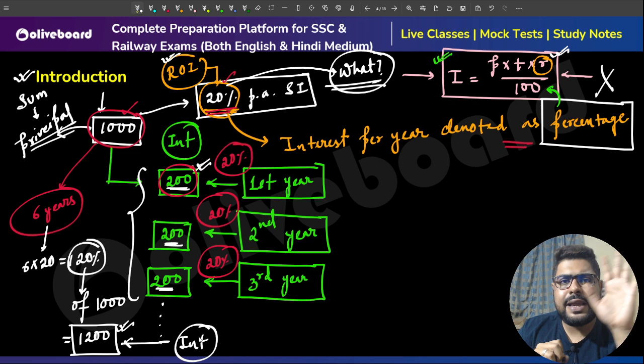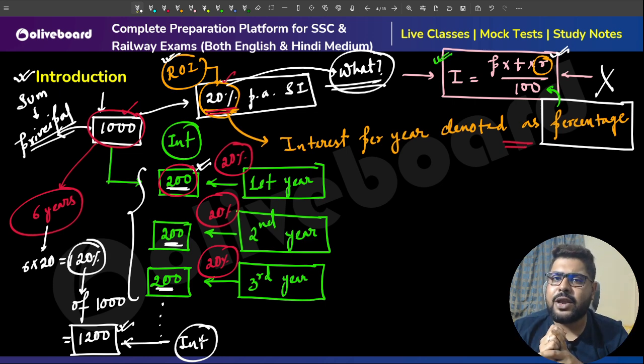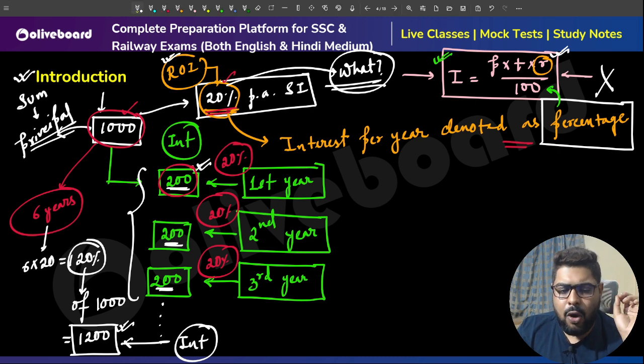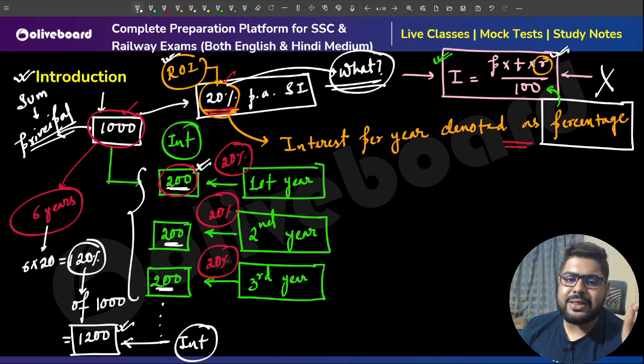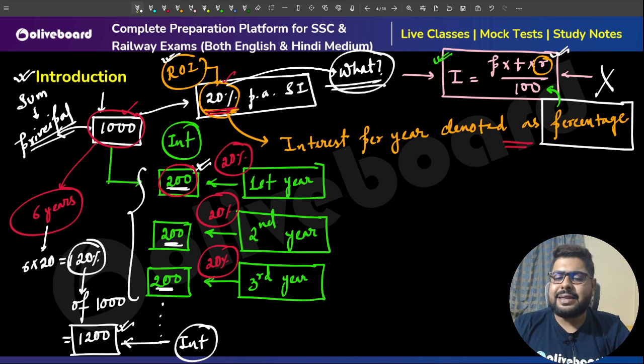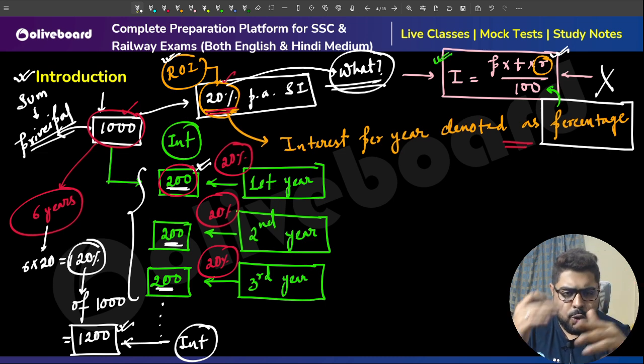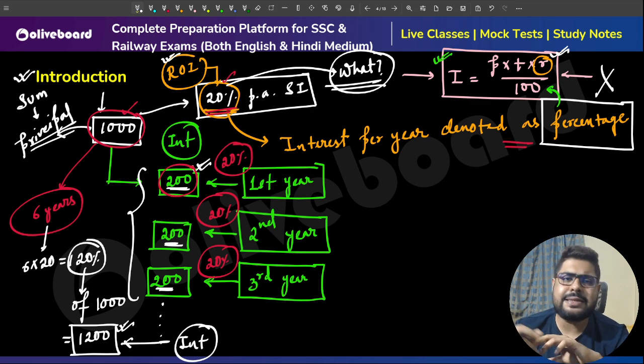You see, we are not using any formula. We're just simply calculating using simple percentages here. This is the basic concept on which the whole of simple interest hinges. If you can understand this, I can guarantee in many different types of questions you will see this becomes so easy. Approaching those questions becomes so easy and so short as well,